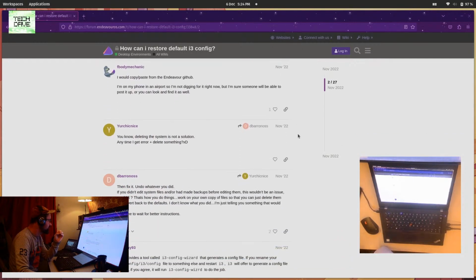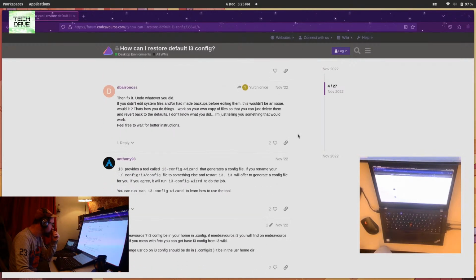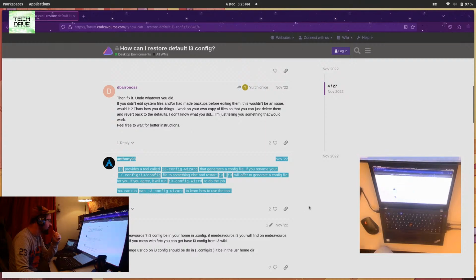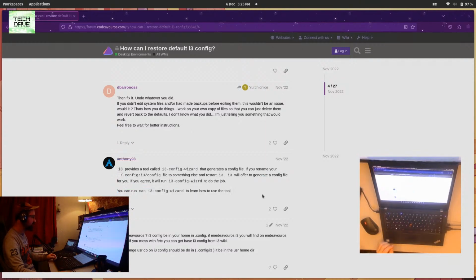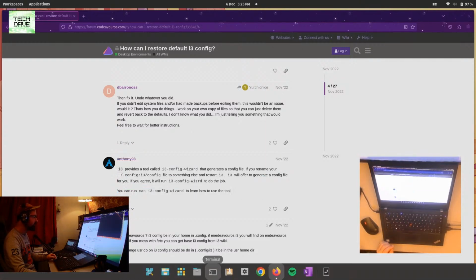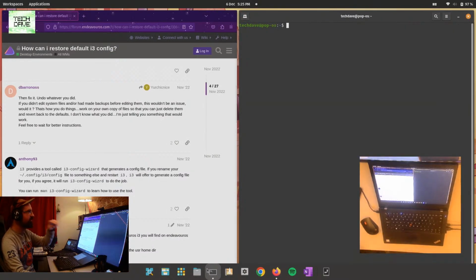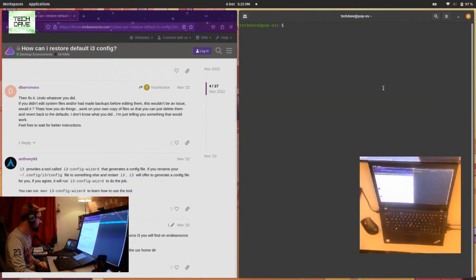Deleting the system is not a solution. This is what I need here. Look, this is the one. So I need to go to... And as you can see, I've got the tiling set up already on PopOS. So we need to go into